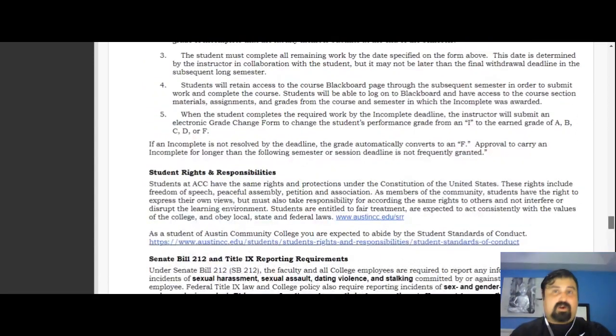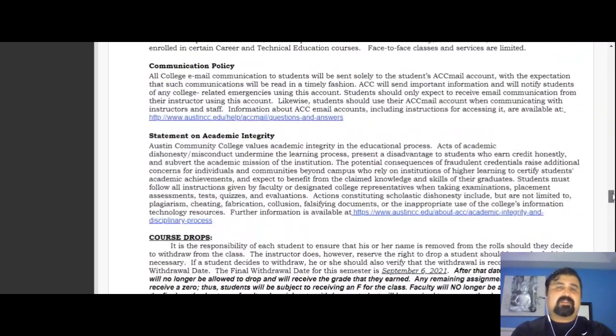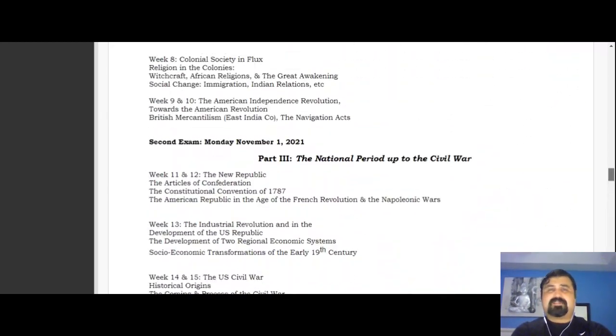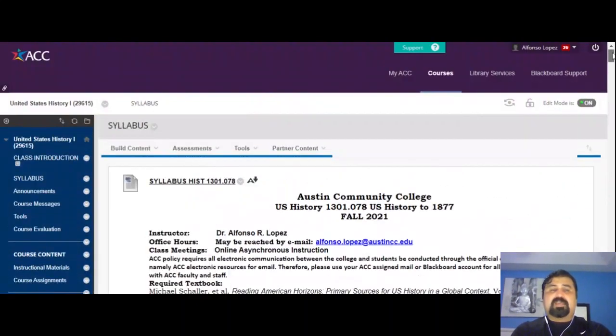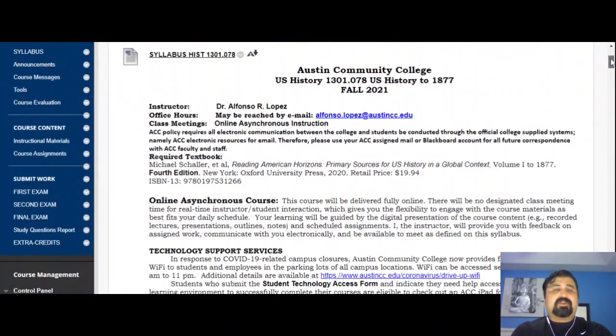Again, it's very technical. I'm not here to read all of that to you. It's just for you to know that for all that technical information about policies, regulations, resources, that's the place to actually go in the syllabus and perhaps search for whatever you need, whatever kind of help or assistance you need. Okay. So just one last thing here,